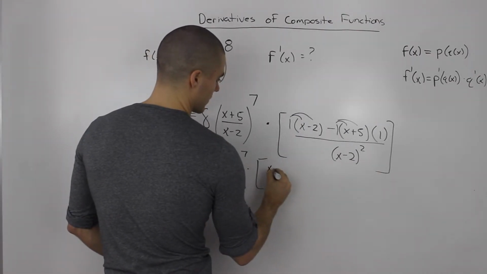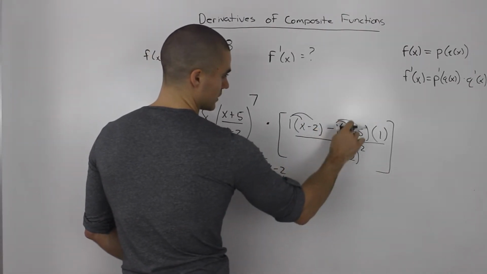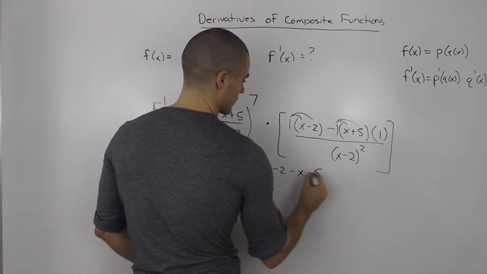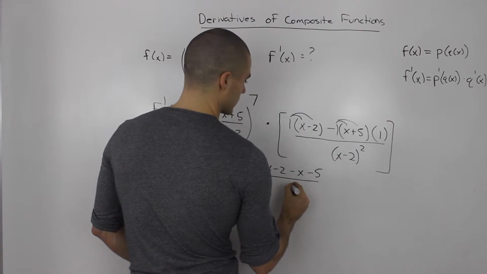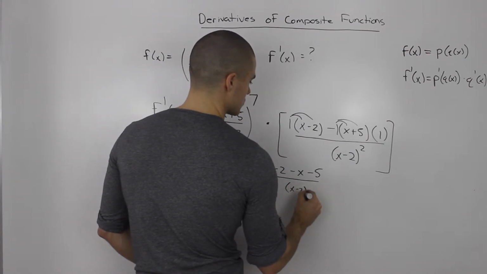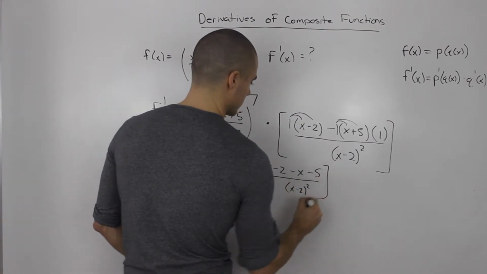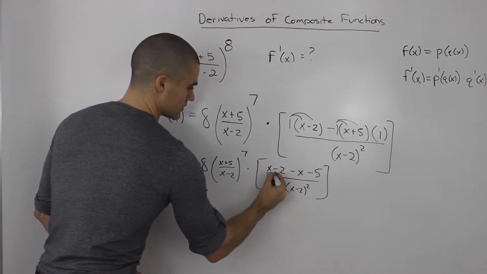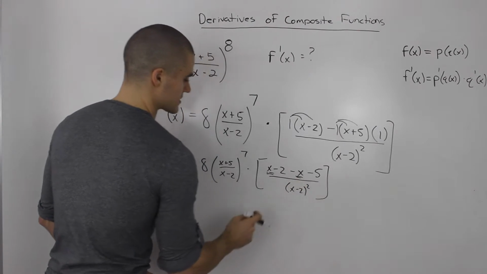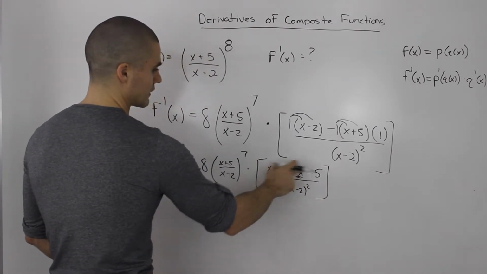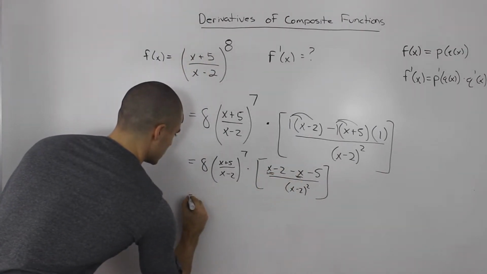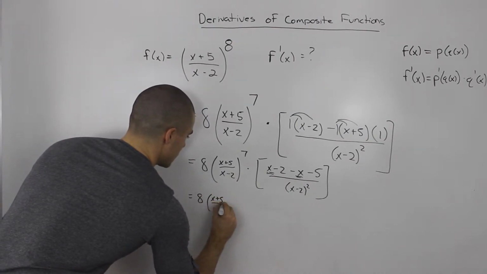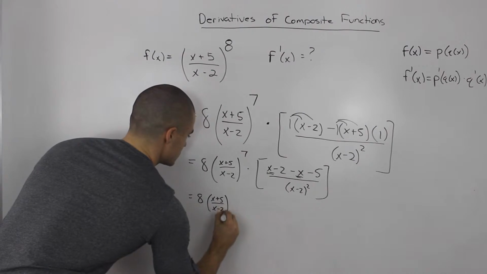Because you're just multiplying it by 1. And then distributing this negative 1 in, we'll get negative x minus 5, all over (x - 2) squared. Notice how in the numerator these x's will cancel out, and then negative 2 minus 5 is just negative 7. So we end up with 8 times (x + 5) over (x - 2) to the power